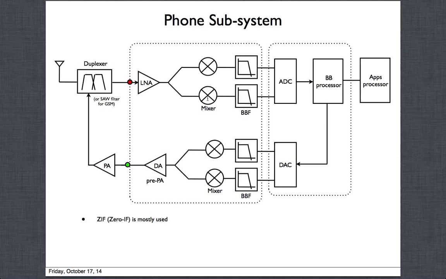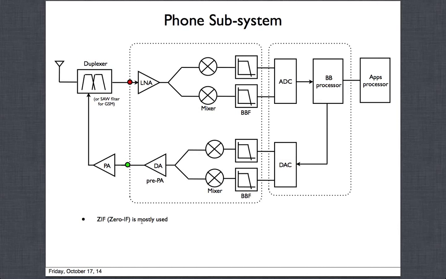And of course LO leakage, RF to LO leakage causing DC offset, they're all there, and especially as we have gone to finer and finer geometries, it has gotten worse, but we have found ways to do better layout, better cancellations, and better calibration. Calibration is the key now to all these phones, because we do all sorts of calibrations to make the systems work. These have become so complex that calibrations are a must.